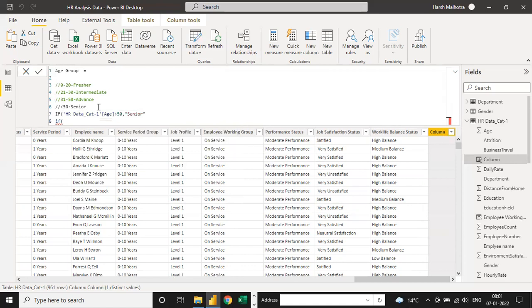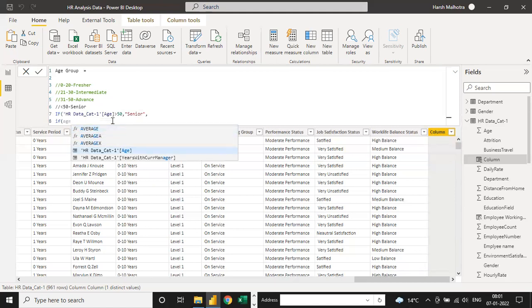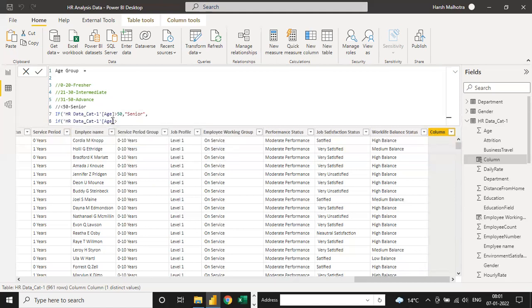Here, age greater than 30, the answer should be 30 to 50. In which range do we have to calculate as senior? Okay, so advanced.